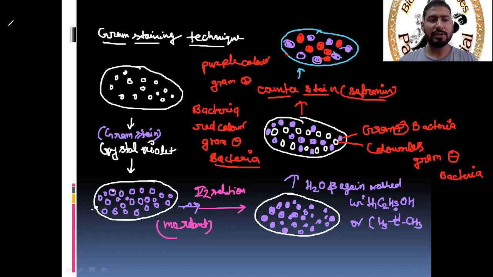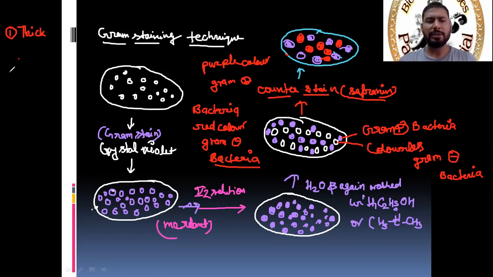And now we also have the difference between gram positive and gram negative bacteria. So I'm going to describe it a little bit. The gram positive bacteria cell wall is a thick cell wall. One more concept I will share with you. Why, when you have used acetone or ethyl alcohol, do some bacteria keep the purple color and some lose the purple color?